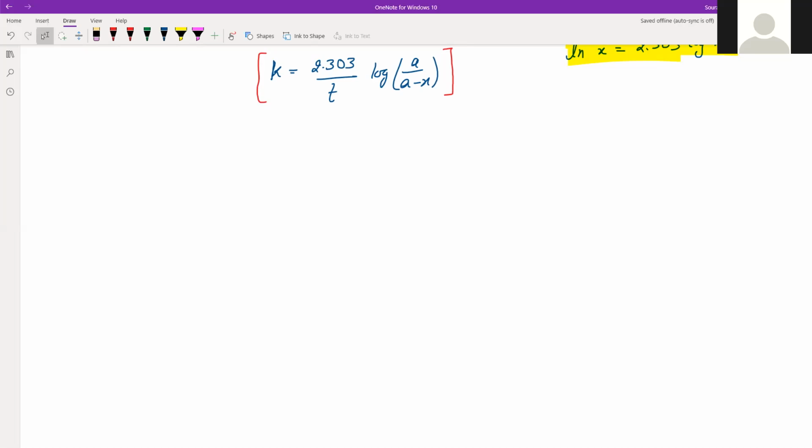We'll also solve some problems on this later. Let's first finish different order reactions first. So that was the first order reaction, and the unit, I think you all got that the unit will be per second. Okay, let's move to the third, that is